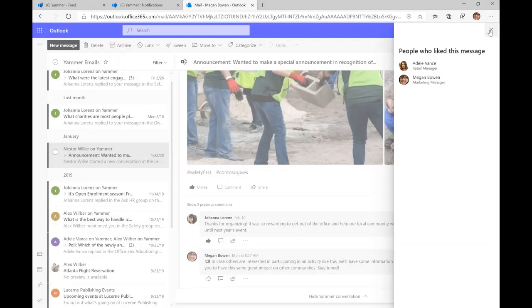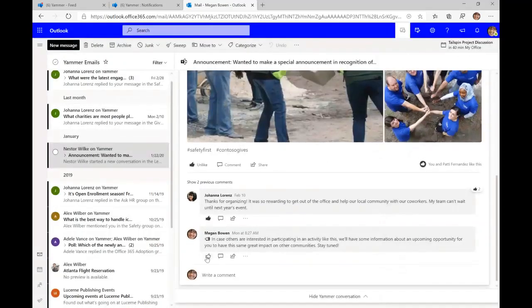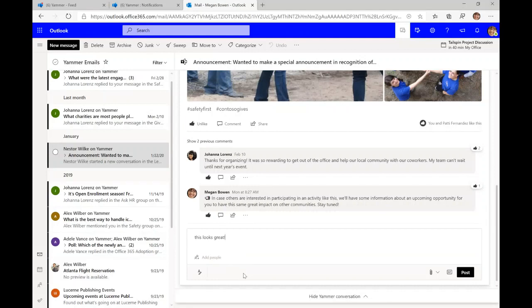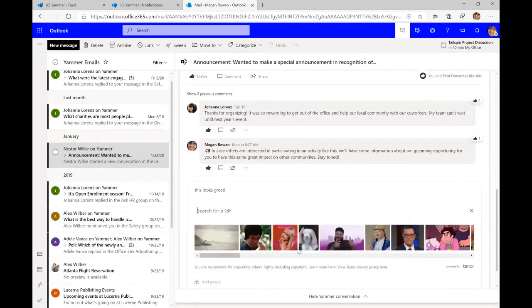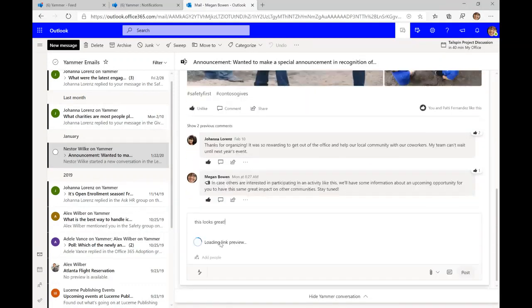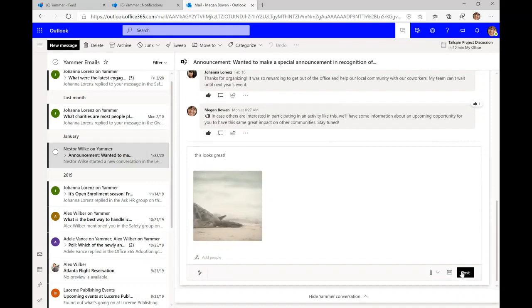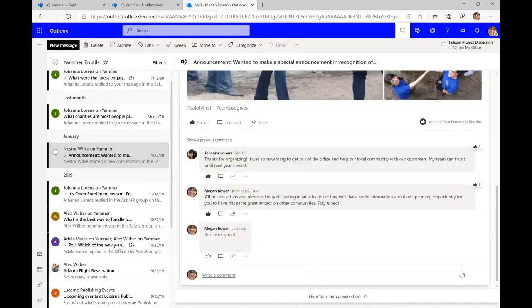I can like or unlike anything, just like I would do on Yammer. I can comment on this. And just like I would be allowed to add a GIF on Yammer, I can do so from within Outlook as well. And I'll post it.